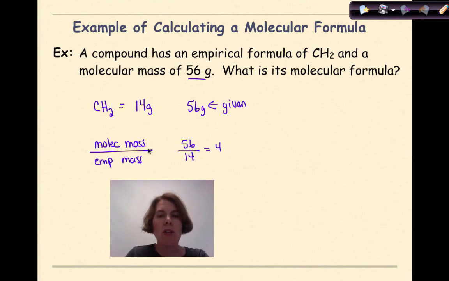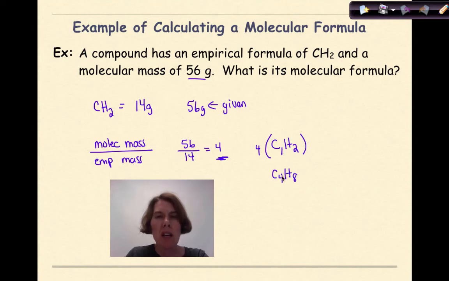So now what you want to do is look back at your original empirical formula, which is CH2. Now we know the ratio of carbon to hydrogen here is 1 to 2. So for simplicity's sake, I'm throwing in the 1. We want to take that 4 that we calculated and multiply all the subscripts in the empirical formula by that number. So my new molecular formula is going to be